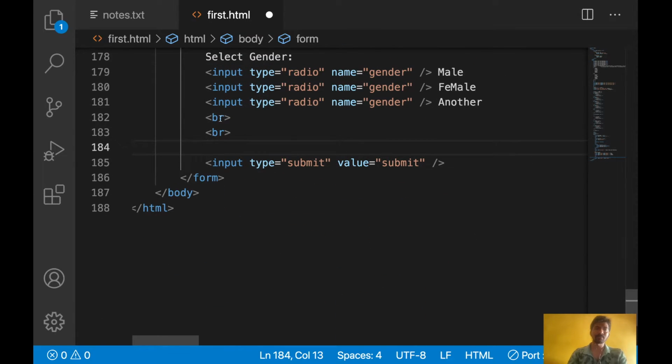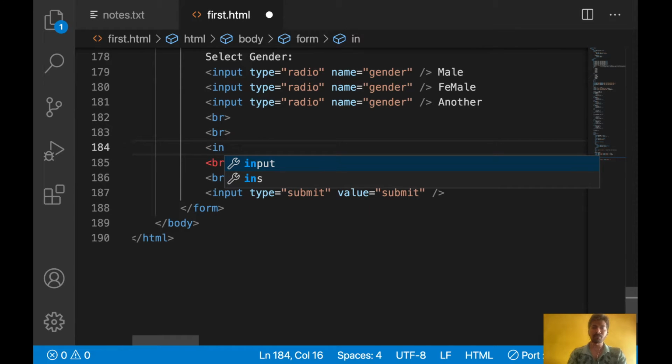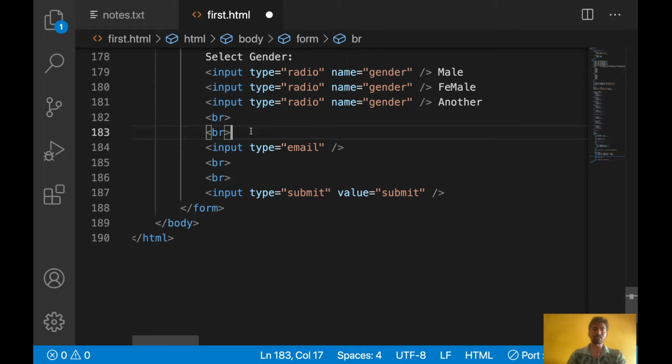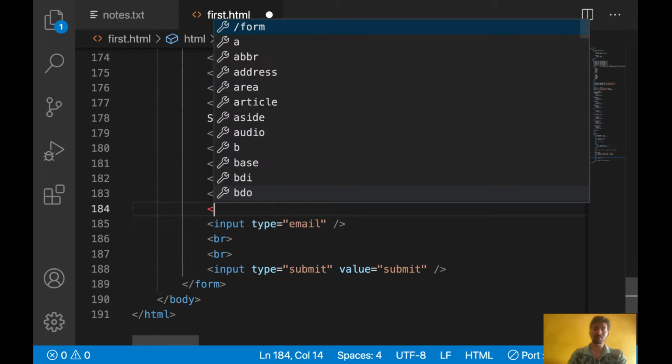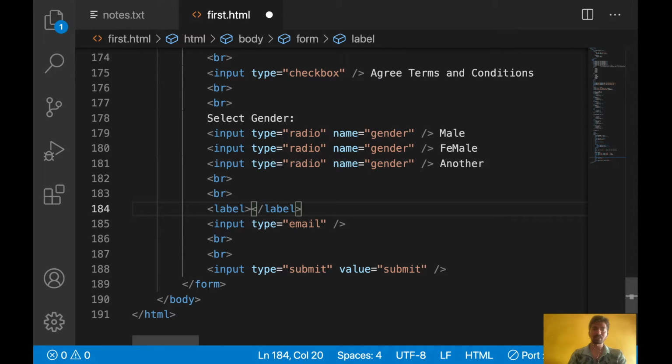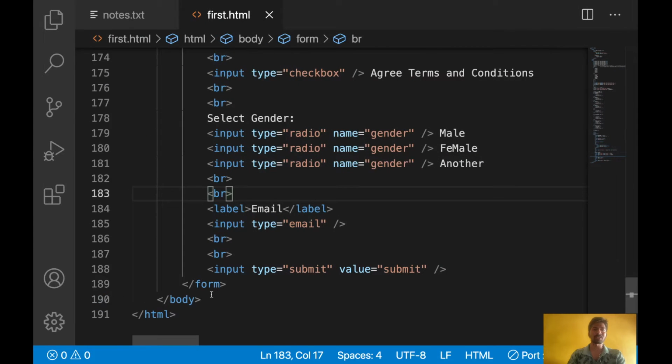Let's copy this break, and in between the breaks, let's write something. Input type equal to email. Now if someone wants to write some email, here you use some label for the text, email. Now let's see, here I displayed email colon and some text box. Type text is also there, but here there is some advantage over the email.